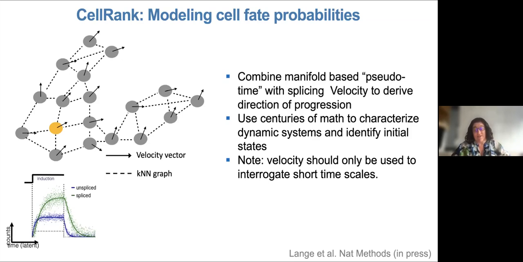And I want to stress that in the cancer setting, and this is a mistake I see a lot of people making, you can't really use velocity in cancer, because velocity really captures timescales of 8 to 12 hours, not more than that. If you're trying to see what happens between time point 1 and time point 2, 3 weeks later, you really can't do that. So here we're only going to focus on where we have day 0, day 1, and day 2, in these very early time points where the velocity is still valid.